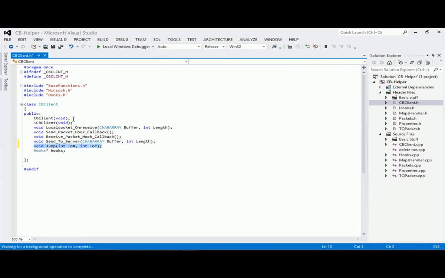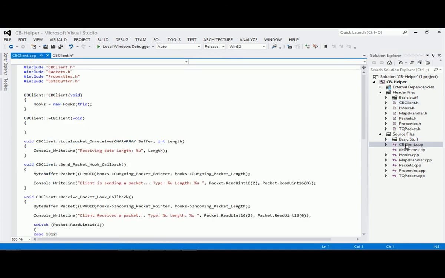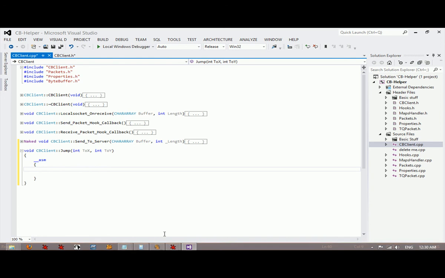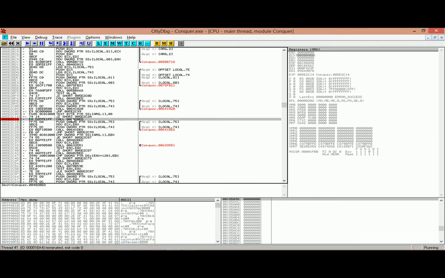Now I'm going to copy this, open cbclient.cpp, and paste it underneath this one right here, and I'm going to tell it where it's defined. It's defined in cbclient.h, and make it naked. No, we'll just leave it without the naked keyword. And inside this function we're going to call the jump function. So I'm going to use the keyword __asm to be able to execute some assembly instructions, and the instructions that I'm going to be executing are,